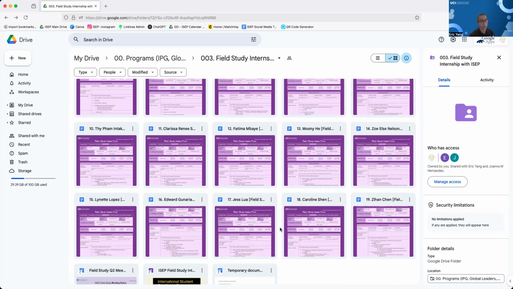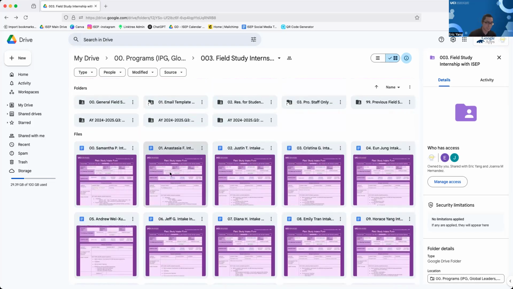So for spring quarter, we get roughly anywhere between... Recently, for spring quarter, we had one, two, three, four, five, six, seven, eight, nine students who interviewed. We had more who requested, but they didn't meet certain criteria, so we didn't interview them. But we had nine students whom we did interview, and each interview is about an hour. So we will go over that in detail later on.